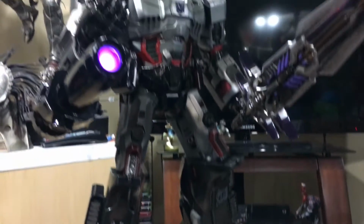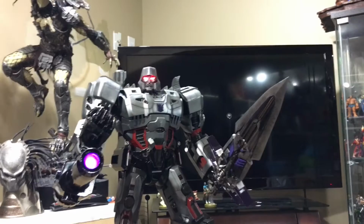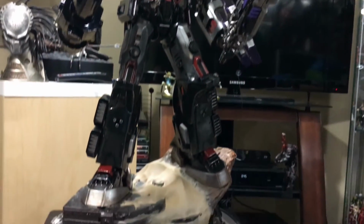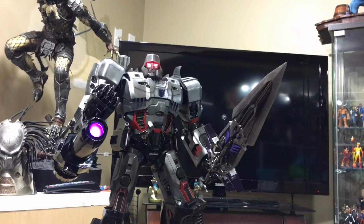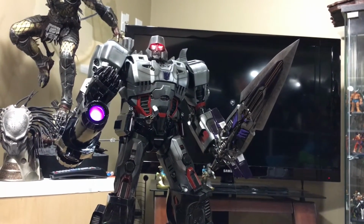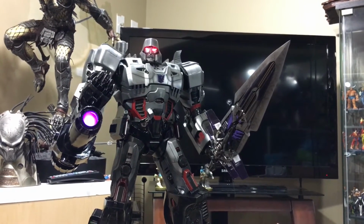So that's it. I just wanted to do a nice little review and show you guys my Prime 1 exclusive Generation 1 Megatron. And I'm not going to collect the whole line. I'm not getting Starscream and Soundwave and all them if they do Bumblebee. I'm not going to get all those. I just wanted Megatron and Optimus just to display them next to the few pieces of vintage toys that I